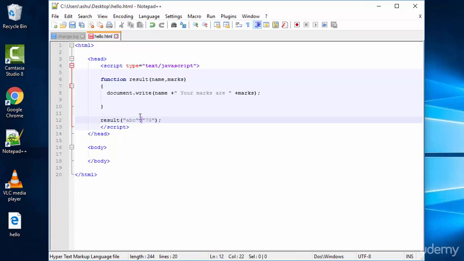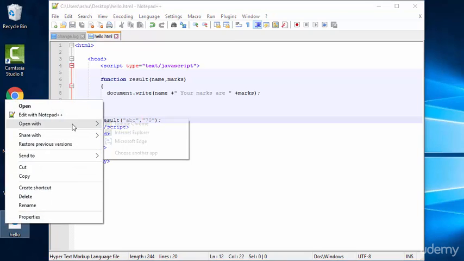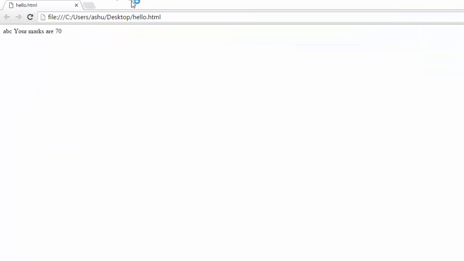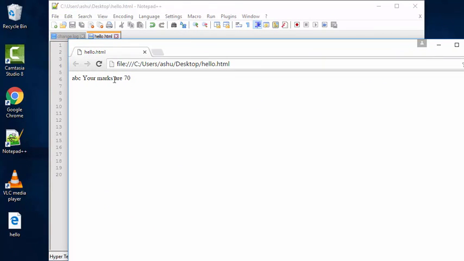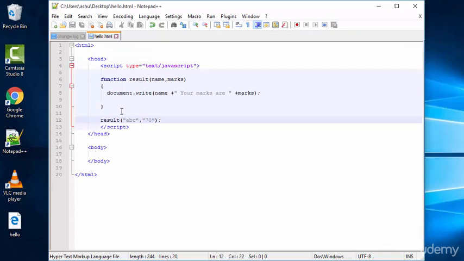Now if we save this code and execute it in the browser, we will get the result: ABC, your marks are 70. So that's how you create a function and pass multiple parameters to it. Now let's say you also want to pass a third parameter to this function. Let's say we want to add a third parameter called grade. So simply go in front of the second parameter, give a comma and add a third parameter called grade,